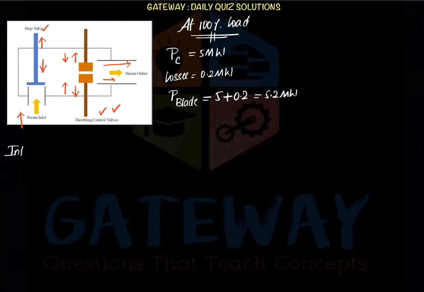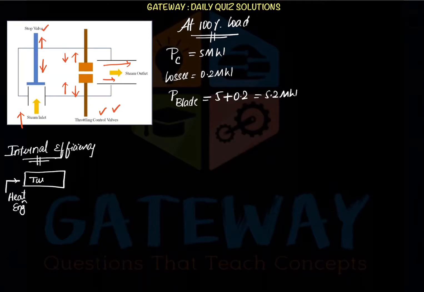And now here they gave a term called internal efficiency. The word itself says internal. So what exactly is internal? It is internal to the turbine. So what happens inside the turbine? For the turbine, we will be giving heat energy. Heat energy will be sent into the turbine, and the turbine blades produce blade power, nothing but P blade. Then the efficiency comes out to be the output, nothing but P blade upon the heat energy, HE. Or we can write it as Q instead, to make it simpler.